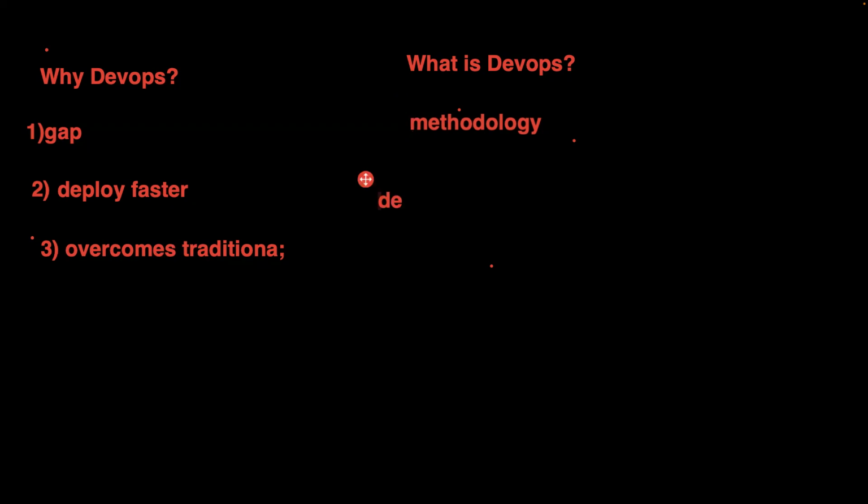Once the developer is ready with the code, there is still a development team. There may be a lot of confusion: is the DevOps person going to write the code? No, there is still a development team who write the code. There is still a QA team who test the code, who write automation test cases or whatever, and test it. Earlier they used to hand it over to the ops team, but now they hand it over to the DevOps team. The way they hand over has also changed.